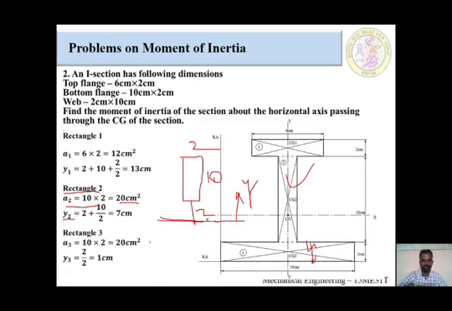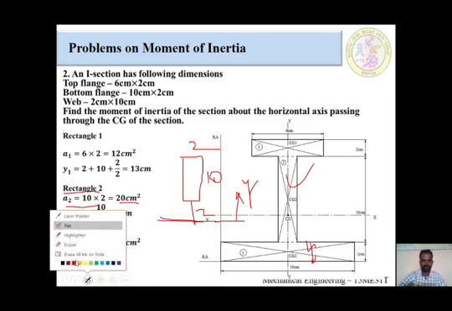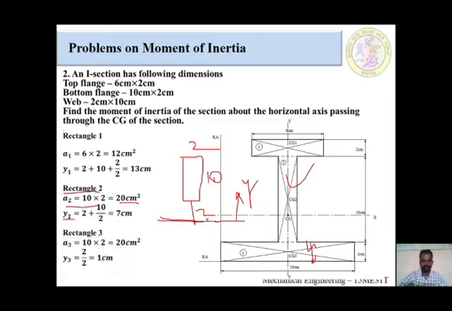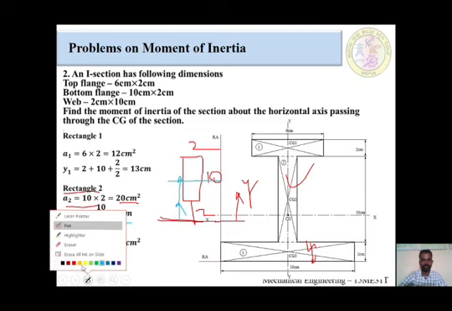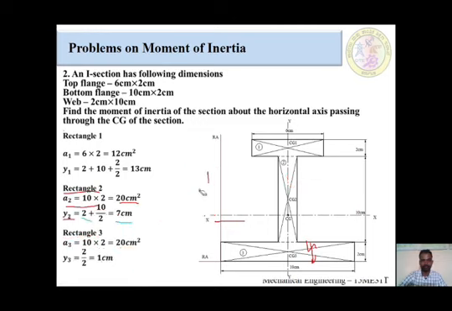From here to here 2 centimeter, and from here to half of the component. We have to go up to half of the component. Okay, 2 centimeter. After that, how much is the total component? 10. 10 divided by 2 is equal to 7 centimeter. The answer is 7 centimeter. This completes the calculation of the second rectangular component.